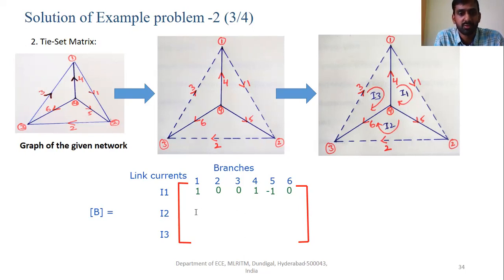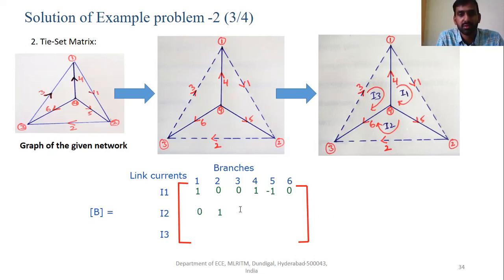So the element here is going to be equal to +1. Other than 2, 5 and 6, the remaining branches do not come in loop 2, so the remaining elements are going to be 0.